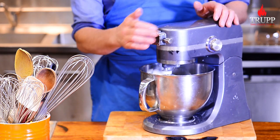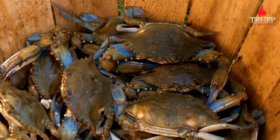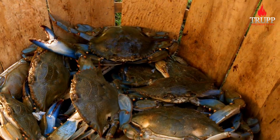And then he walks away and he leaves me standing there with 4 buckets full of crawling crabs, all waiting for the final moment. I mean, I felt horrible. I felt like an executioner. Who am I? My name is Walter Trupp, and I used to run some of the best restaurants in the world. Now I run a cooking school, but I need to tell you, washing out the guts of the crabs